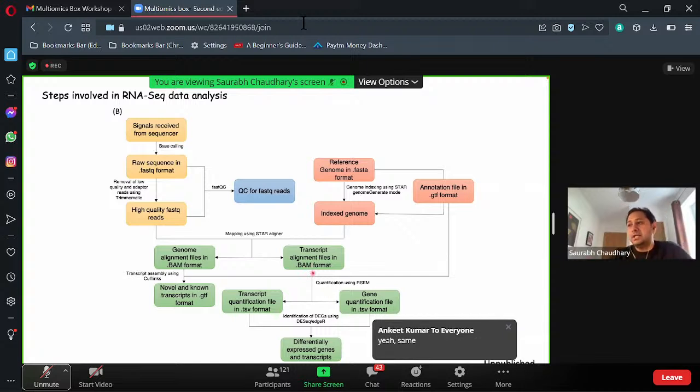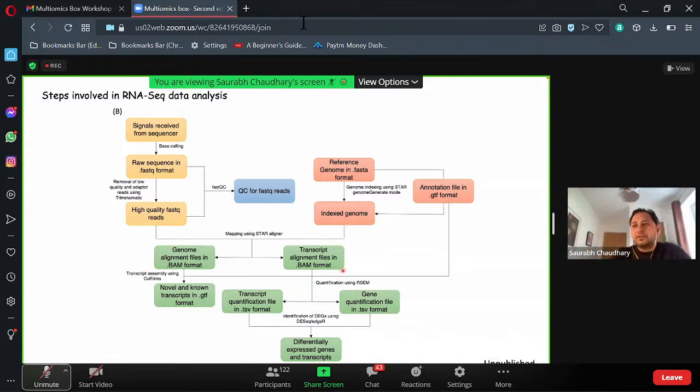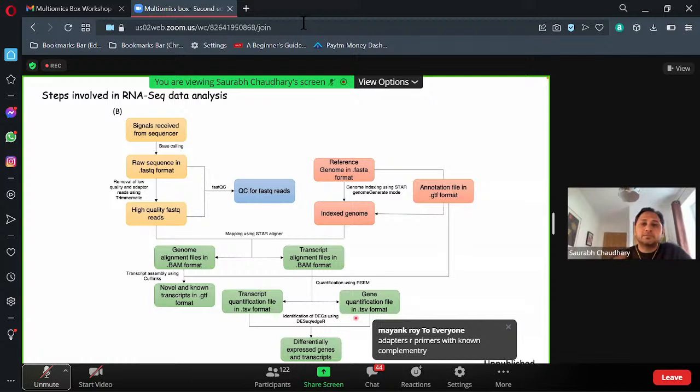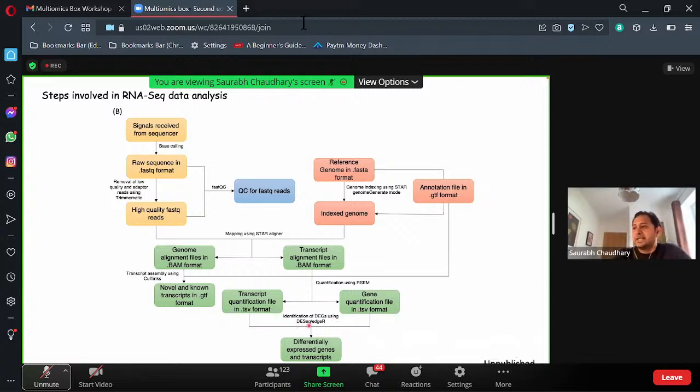Quantification of reads will convert your reads into a quantification. It will count the number of reads, the same reads, and then it will give you a quantification file from which you are going to perform your differential gene expression analysis, which you can perform with tools like DESeq or edgeR, which are nowadays used. But this is the basic